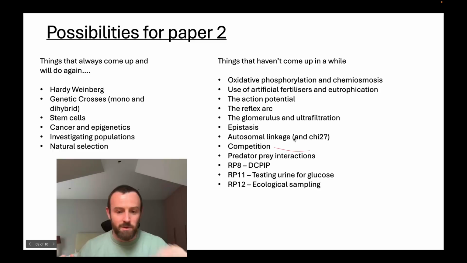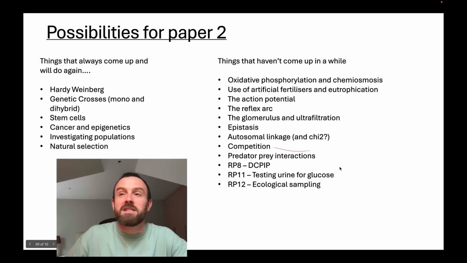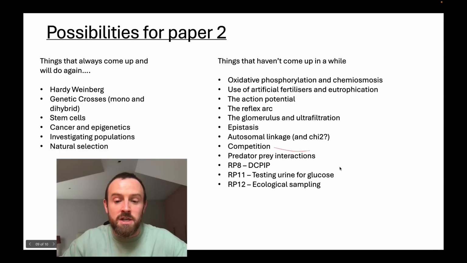I don't know, maybe squirrels. If it does come up, I'll be very happy. Required practicals, RP8, DCPIP. So this is looking at the activity of the chloroplast. This is looking at the light-dependent reaction. And DCPIP, remember, goes from blue to colorless as it's reduced by the activity of the electron transport chain